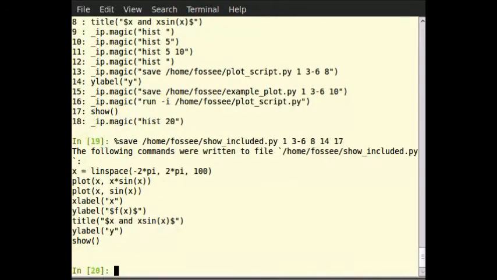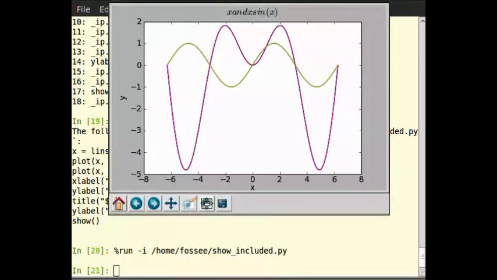Then in the next line you can type %run -i /home/fossee/show_included.py. Then type show function to get the plot. We get the desired plot now.